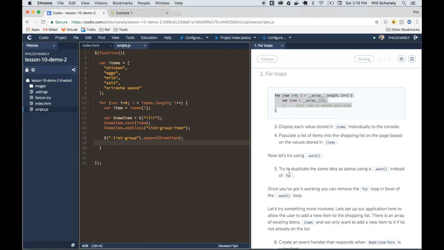So this step here says, let's try to duplicate the same idea using an each loop. So we're going to start with a jQuery selector, and then we're going to have the each. So I'm going to go back in and fill this in. What are we using as our selection? Well, we said that we could pass an array in here, right? Well, items is an array, so we can just pass items right into here. So this converts items into a jQuery enumerable object, which means it can now be passed through with the each